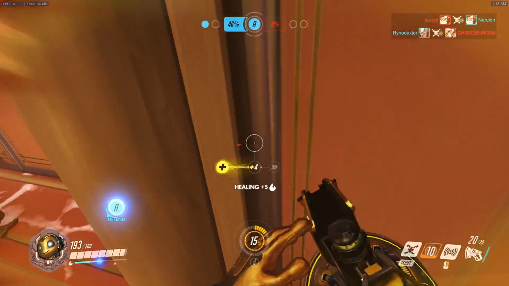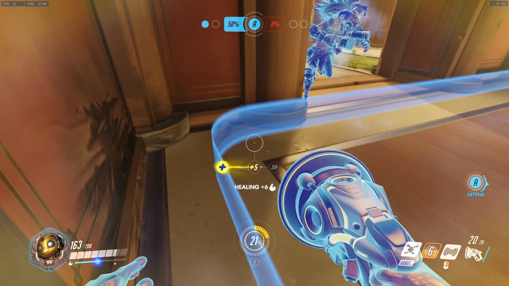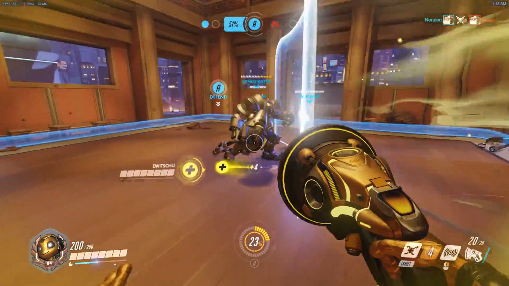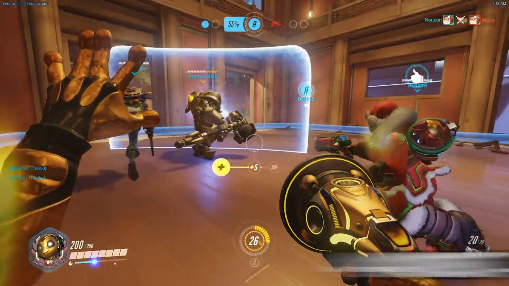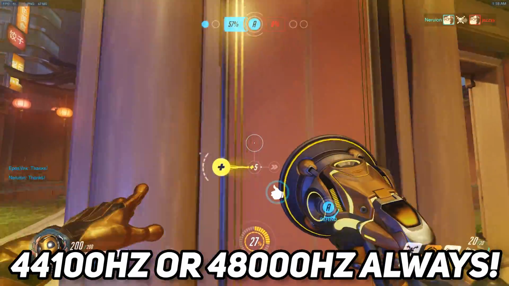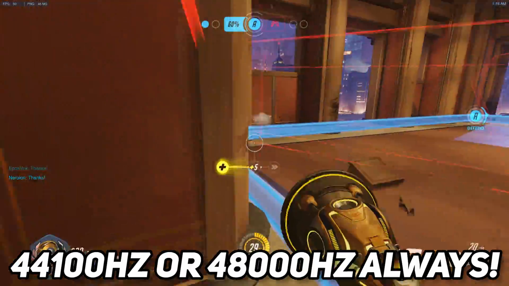I recommend always rendering your audio at 320 kilobits per second, especially if you're recording your raw voiceover. That way it has the best possible audio quality to work with. And the frequency, it'll give you that option. The default should be 44,100 or 48,000. You don't even need to know what that means. As long as it says one of those, you're good to go.